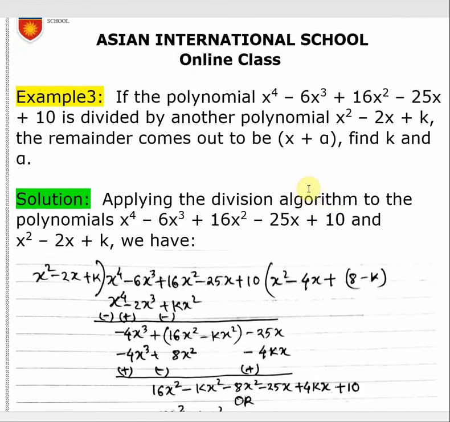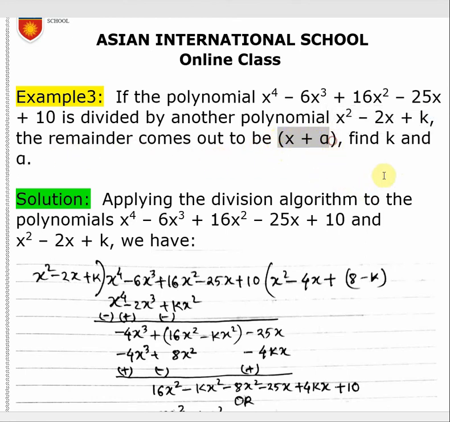Next, one more example we will see. If the polynomial x to the power 4 minus 6x cube plus 16x square minus 25x plus 10 is divided by another polynomial x square minus 2x plus k, the remainder comes out to be x plus a. So find k and a. In this one, k is unknown, we have to find that, and also we have to find the value of a,